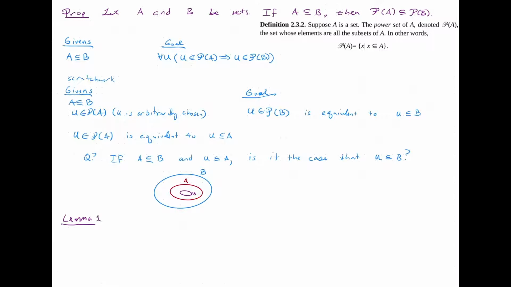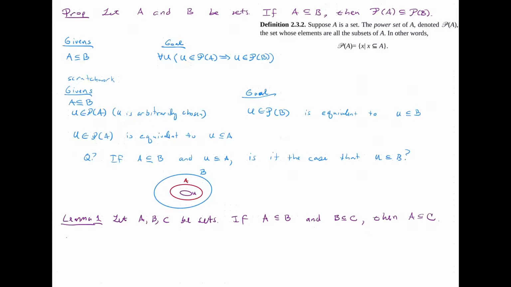So I'm going to just label this Lemma 1 for the first lemma that we're covering today. And so we can say, let A, B, and C be sets. And so I'm writing it now in generality. If A is a subset of B, and B is a subset of C, then A is a subset of C.